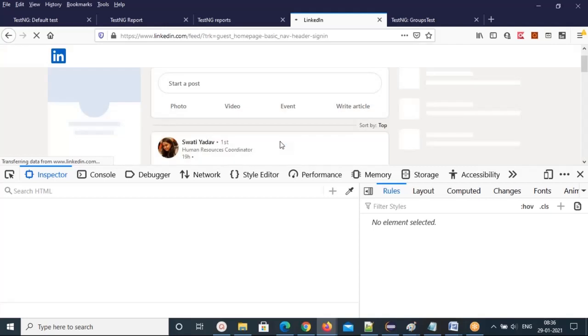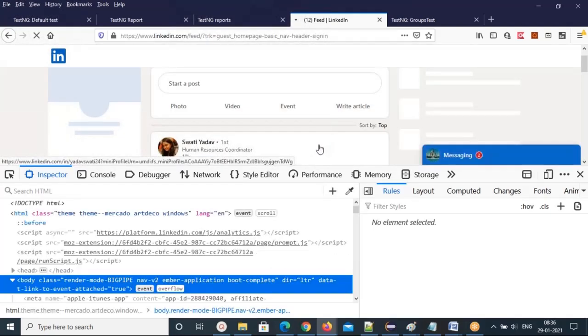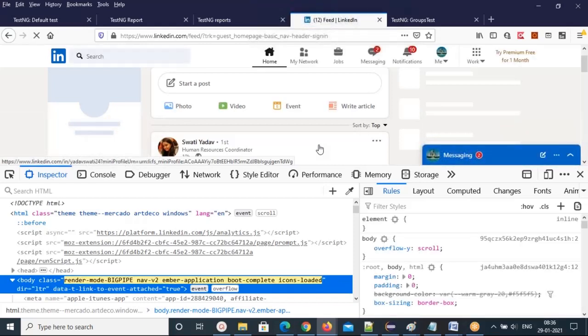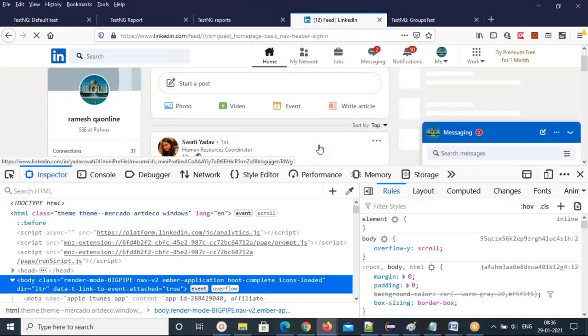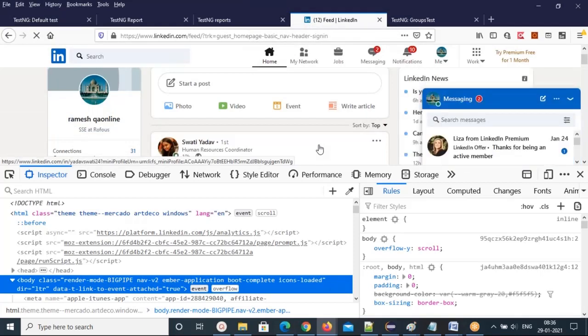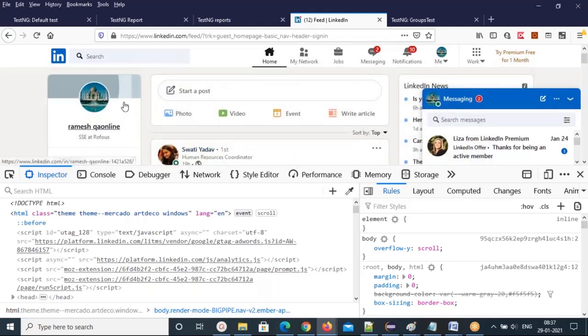Maybe, if you can capture this, that's good. That spinner icon, that's right, spinning. So that Ajax loading, if you can catch it, you can write a method: wait dot until expected conditions dot invisibility of that element, you can do that. As of now, I didn't capture that, fine. If you are able to capture it while logging into your LinkedIn.